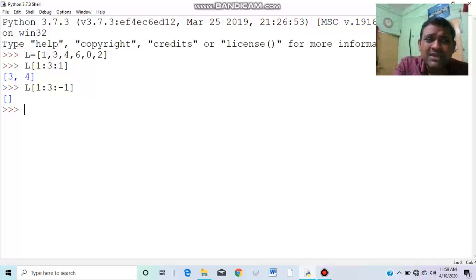But here it is extracting the first element 1, thereafter 1 minus 1 is 0, thereafter 0 minus 1 is minus 1, so it is trying to extract the values indexed 1, 0, minus 1, minus 2, minus 3. It's an endless process, it never comes to an end, that's why it's giving an empty list.